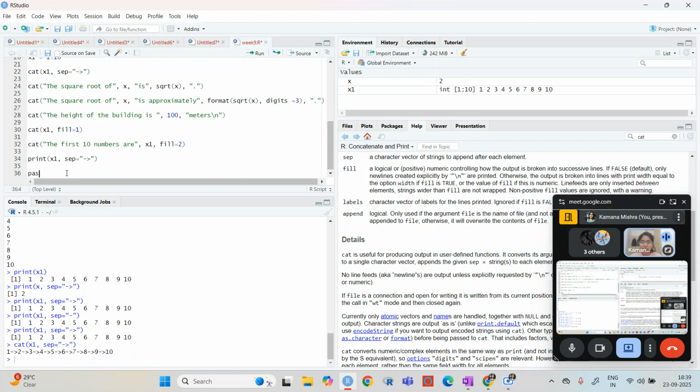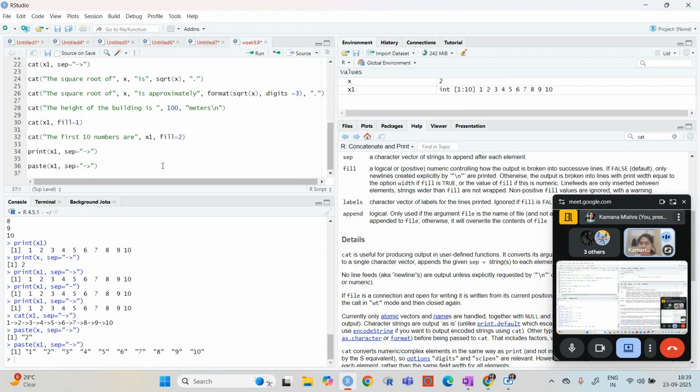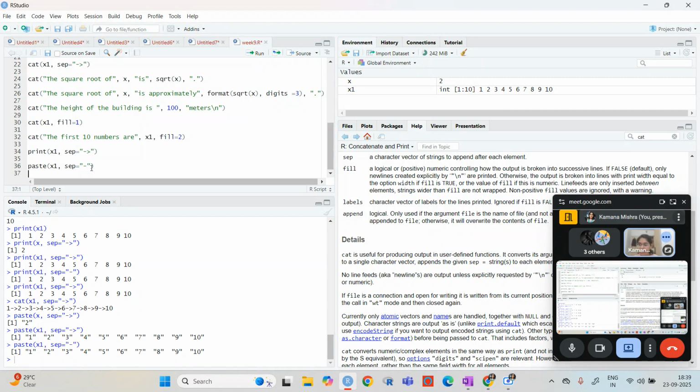And in the paste function, if I do the same with x1, you can see that right now it is not separating it by this. So that is wholly happening with the separator in the cat function.